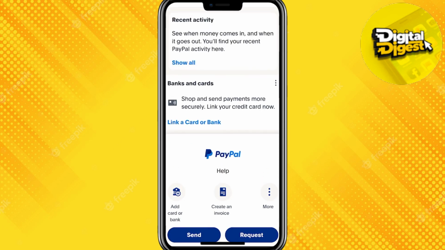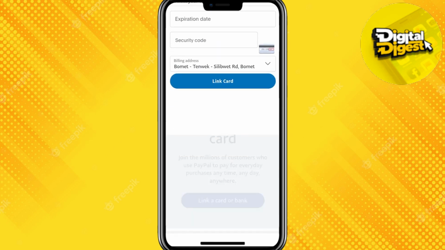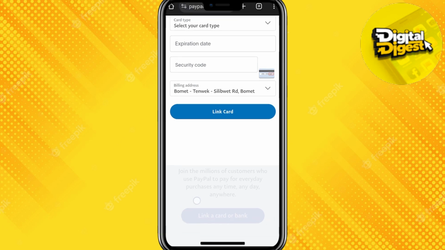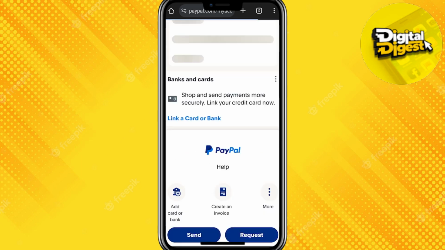So next what you have to do is you scroll down and you'll be able to see this link a card option. So here you have to link your credit or debit card. So once you link the card of the bank, you'll be able to withdraw the amount from PayPal to your